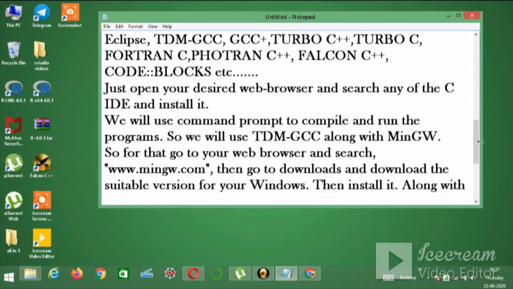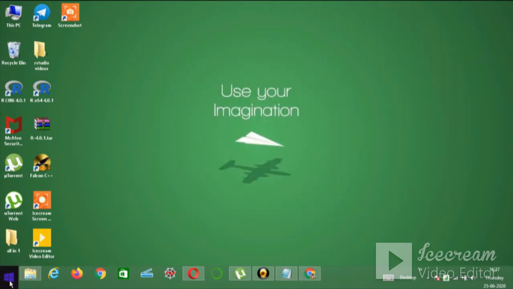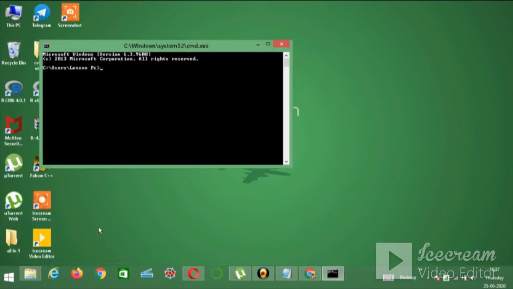After doing all this, how do we check that everything is installed correctly? For that, just go to run, or open the start menu, and from there go to the command prompt. I will type cmd. I have saved the compiler and the TDM GCC MinGW in another folder, so I am going there, changing directory to C. Okay, I am over here.